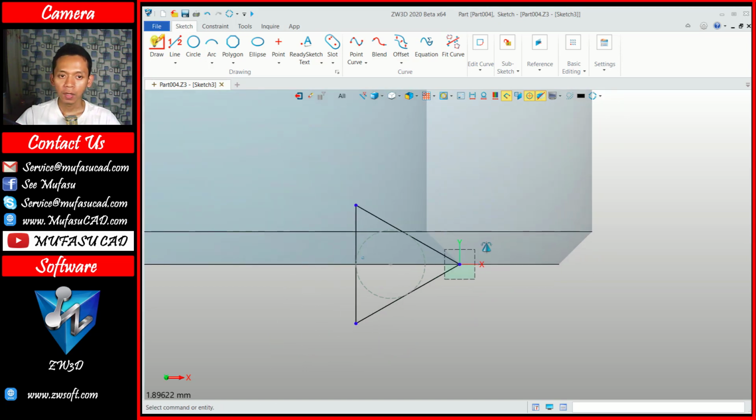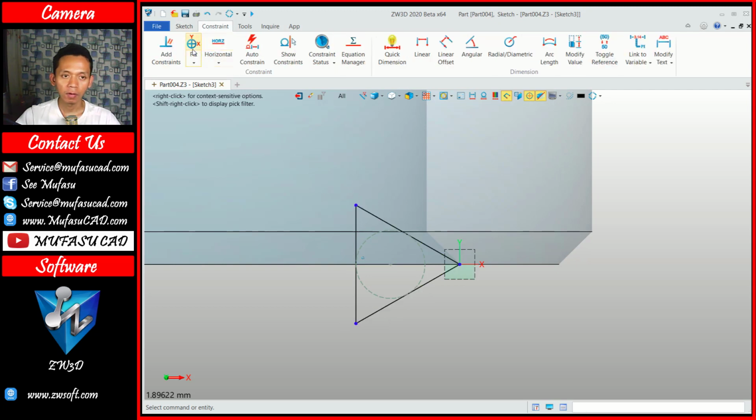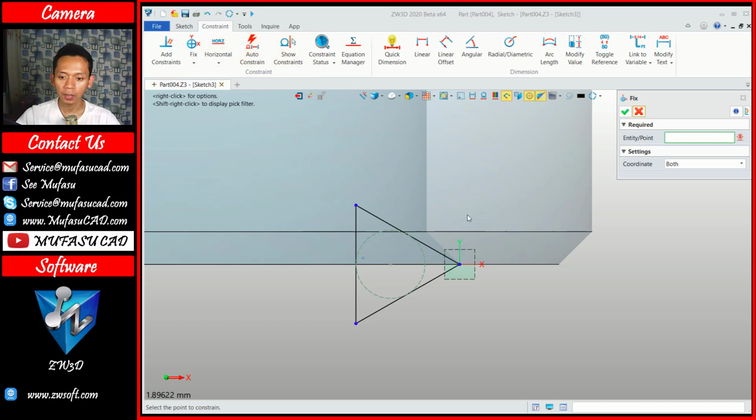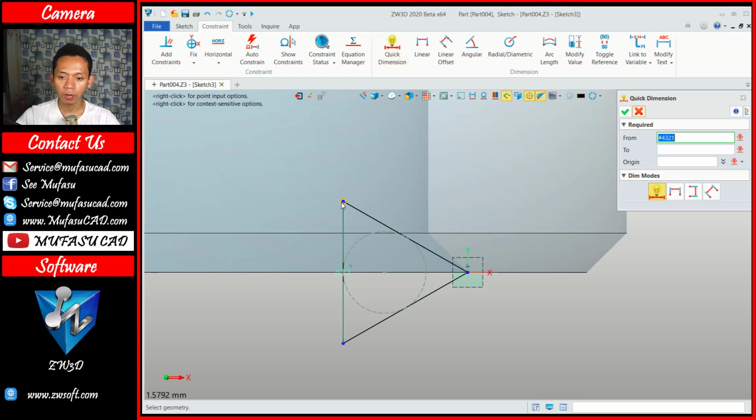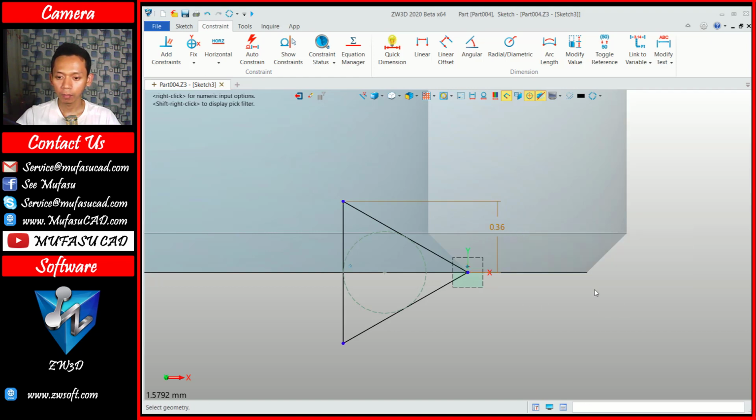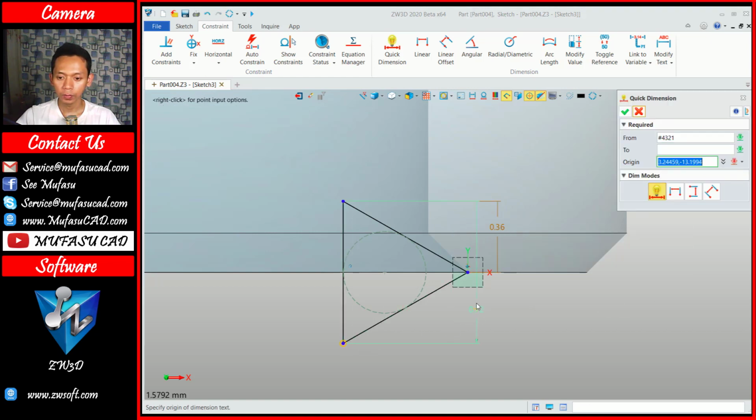Next I will change this shape. You can click constraint, and first I will use the fix command. You can click at this point. Next we can use quick dimension. I will click starting from this point and move here. You can click at this point, and then we can also create from this point to here and click at this point.